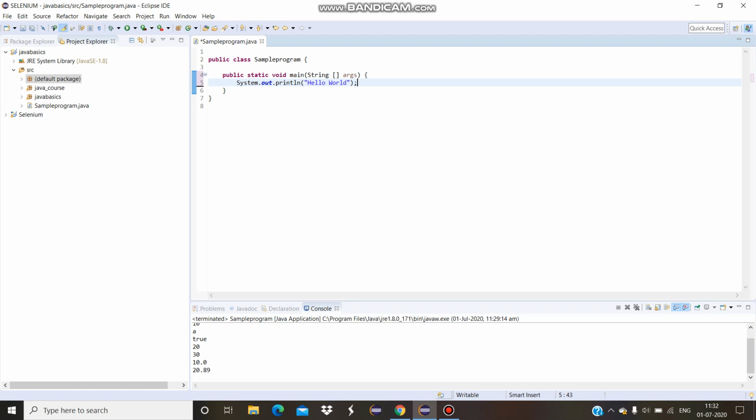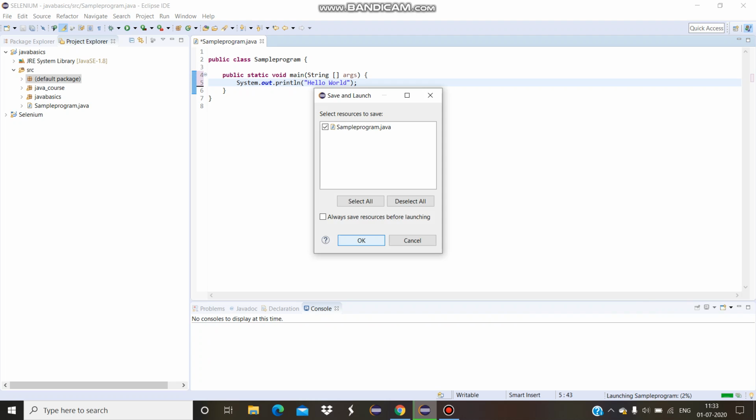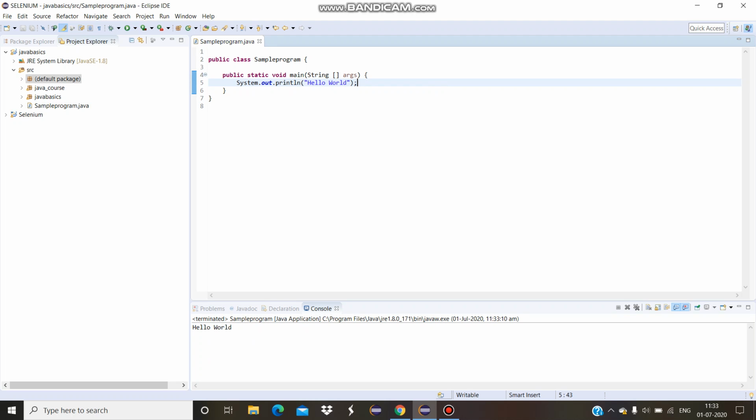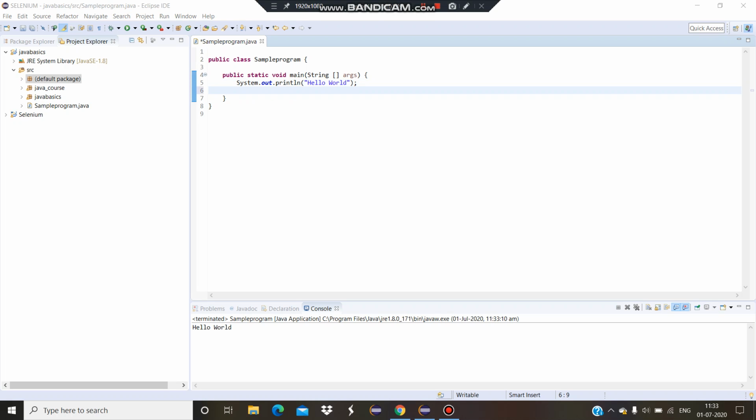So here I have written Hello World. It will be run on the console here. So click on Run, and click on OK. So here the Hello World is displayed. Next we will move on to the identifiers and their various operations. For this I will write with different identifiers and print them on the console.